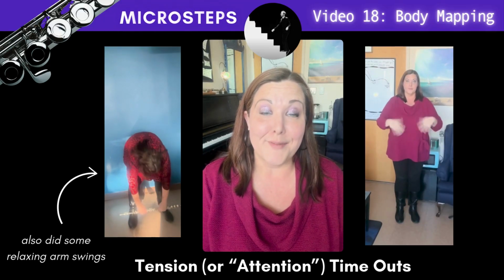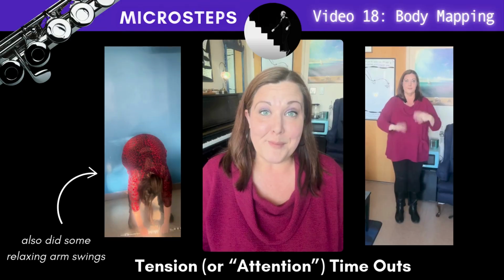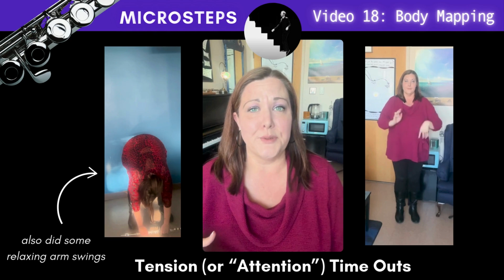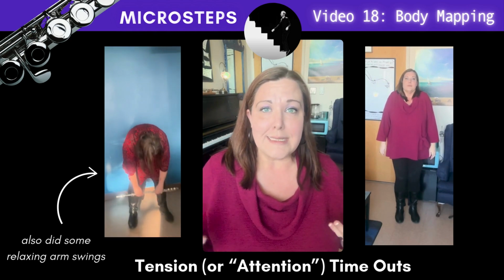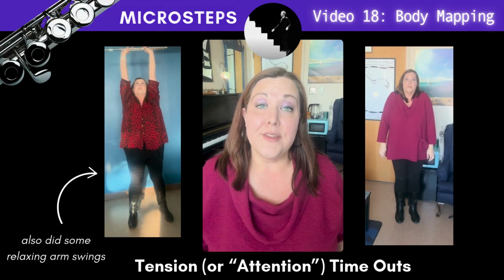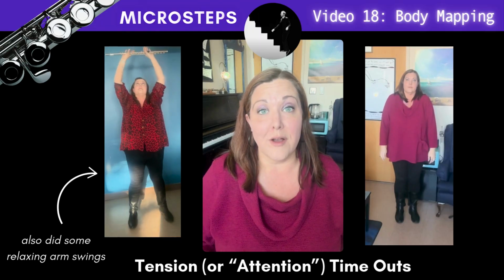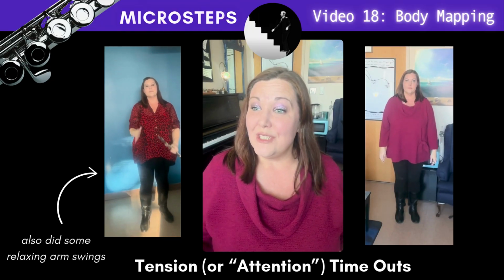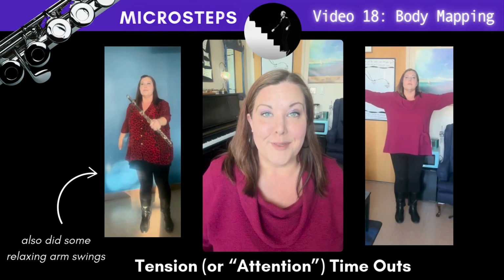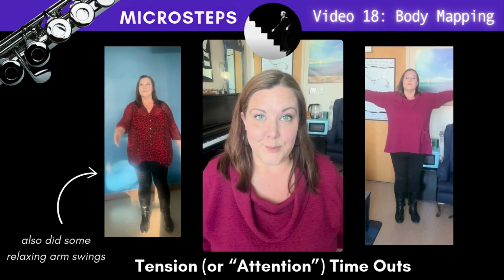Micro steps have ripple effects. Just taking a moment to pause, do a breathing exercise or two, do some stretches, release any accidentally accumulated tension. It can make all the difference in your flute playing overall and the general good vibe of your practice session. So you can see on the screen a couple of things I like to do as little practice breaks, and